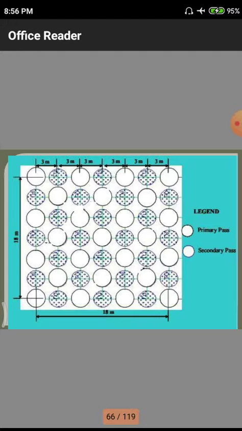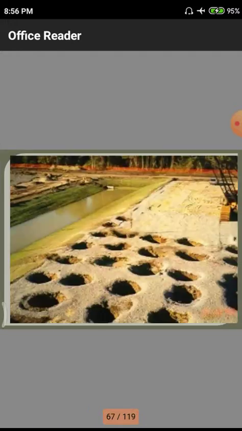Likewise, our total area we need to classify into a number of triangles or rectangles depending upon the shape of the land we are constructing, so that we do this kind of regular imageable patterns. After the compaction, the total land will look like this. This is the compaction after the dropping of load from a particular height.